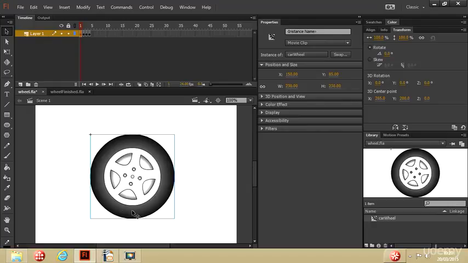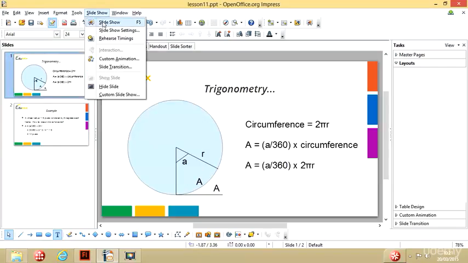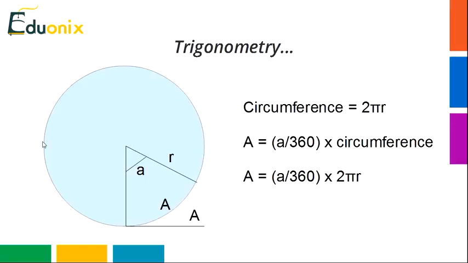Or you can use a mathematical formula to link the angle of rotation to the amount the wheel moves. And if you use maths, then you will get a more precise looking animation, a more realistic animation. So I'll show you an example of how you would go about calculating this particular relationship. So here's the wheel,